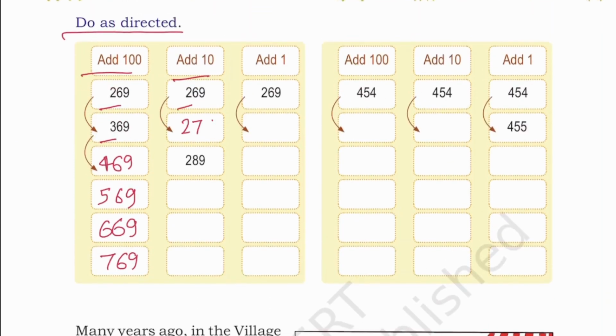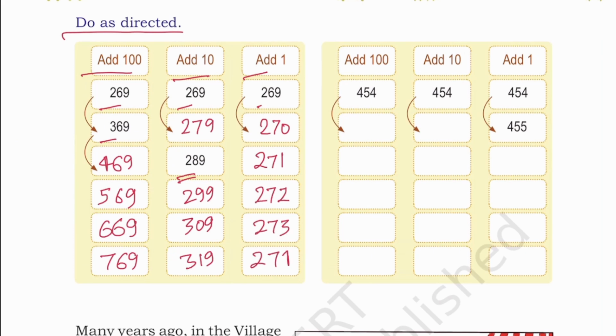Add 10: 269, 279, 289, 299, 309 and 319. Add 1: 269, then 270, 271, 272, 273, 274. Similarly, add 100 to 454: 554, 654, 754,